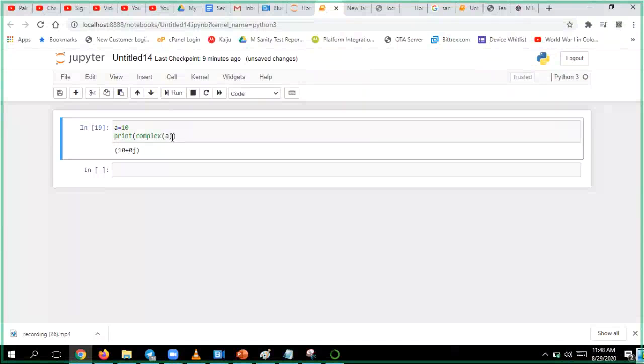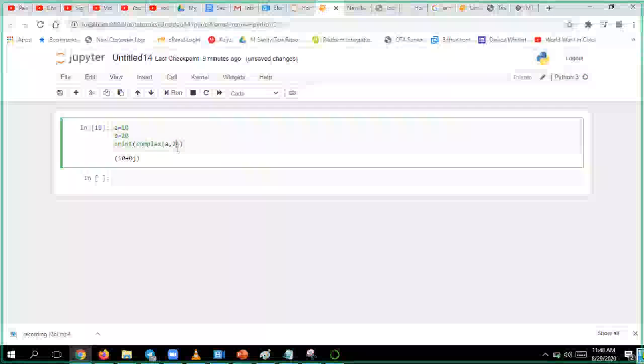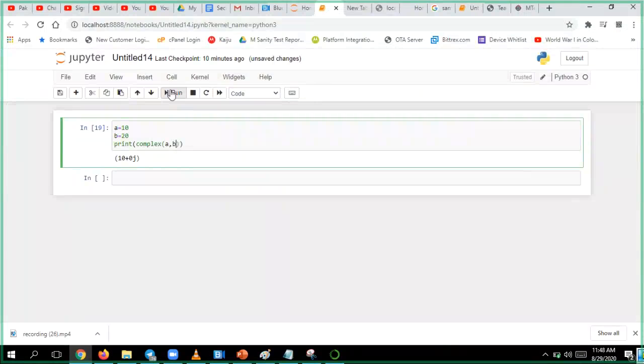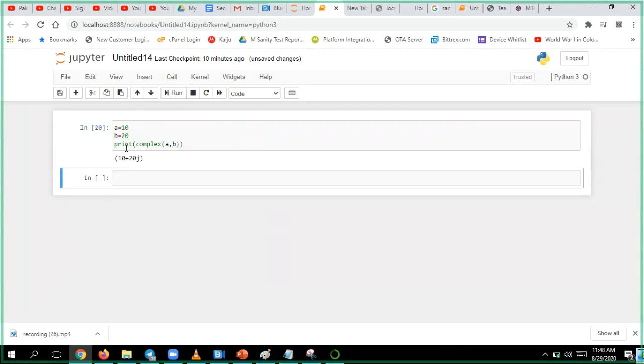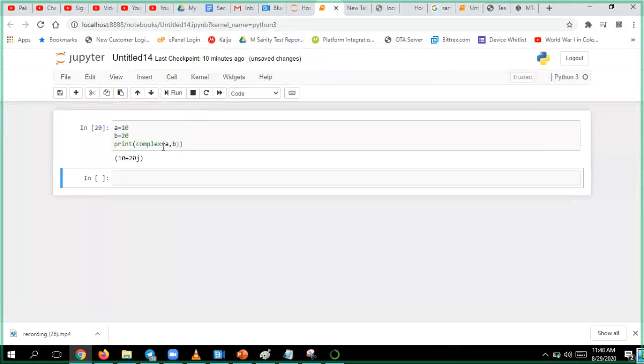You can give two values to the complex. If I have a as 10 and b as 20, now you see, I can give a comma b here. See this, 10 plus 20j. So I can take some integers and convert them into complex.